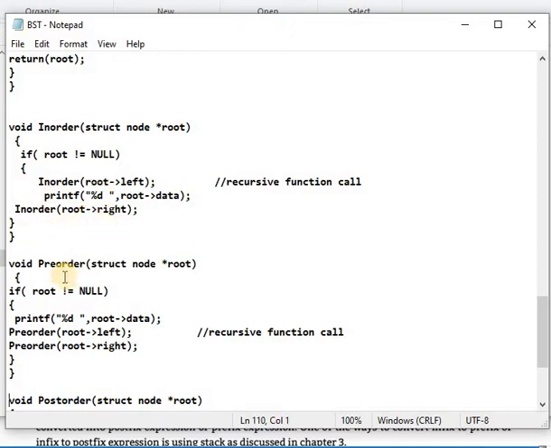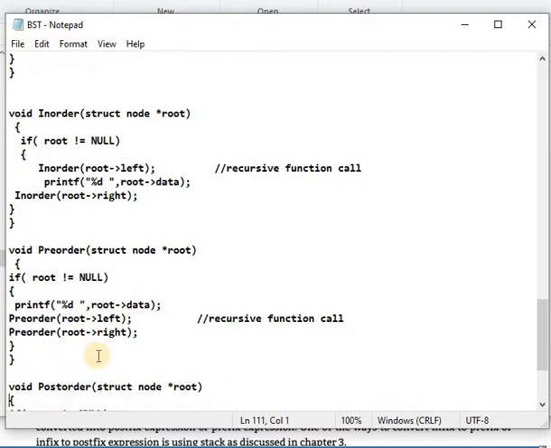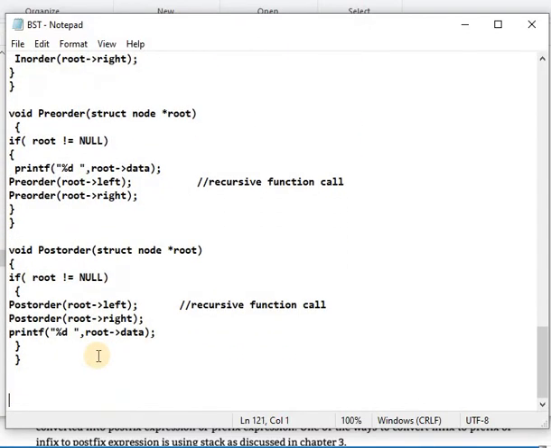After that, the next function definition: pre-order. The pre-order syntax is that first the root is displayed, after that left and right. So if root is not equal to null, display the root data, after that the left and right elements will be displayed. In post-order, the concept is that first left, right, and after that the root data is displayed.